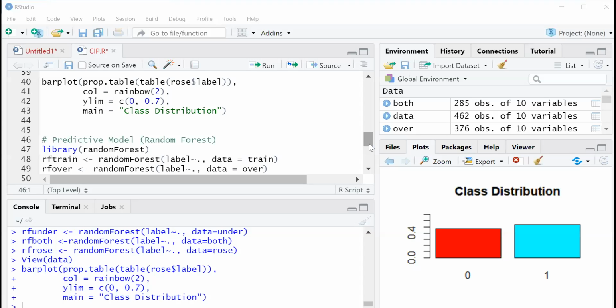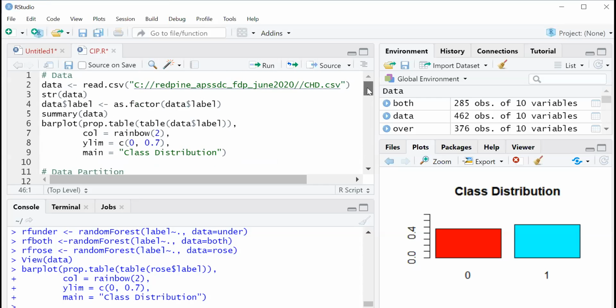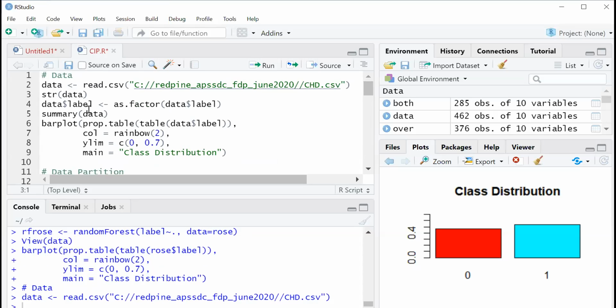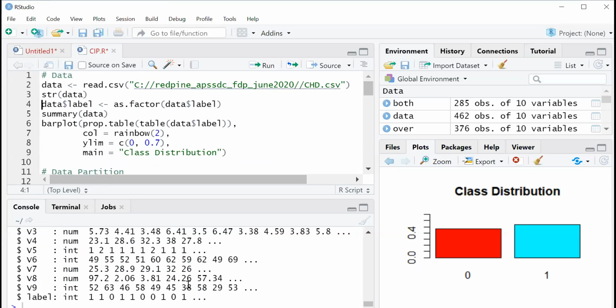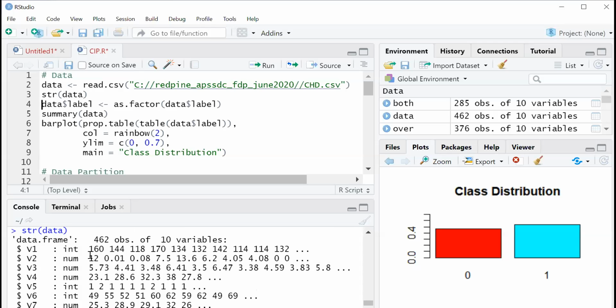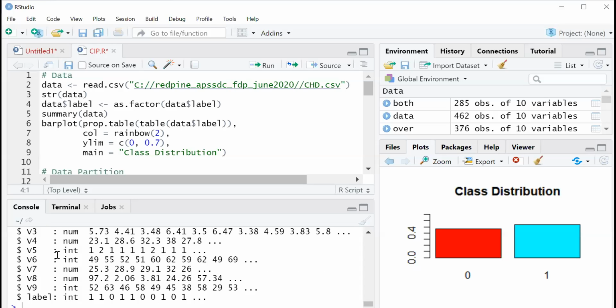So this is our data, and these are our variables, V1 to V9. V1 to V9 are our independent variables. Our target variable is 0 and 1, whether the patient belongs to CHD or no CHD.